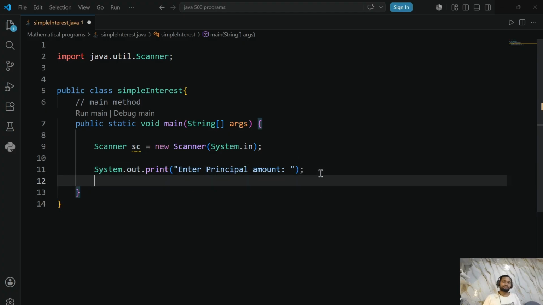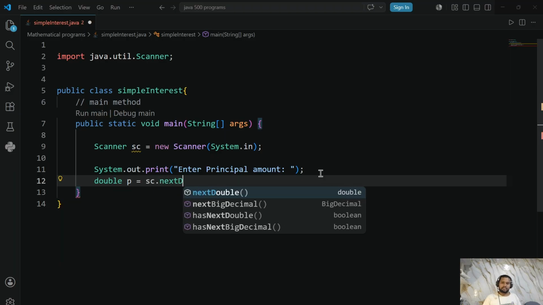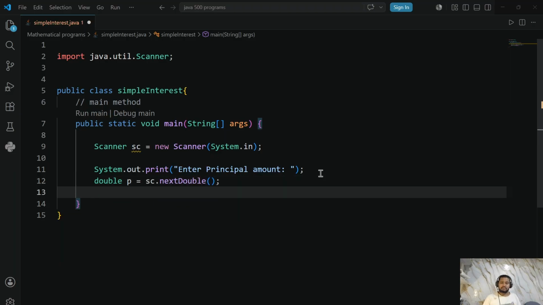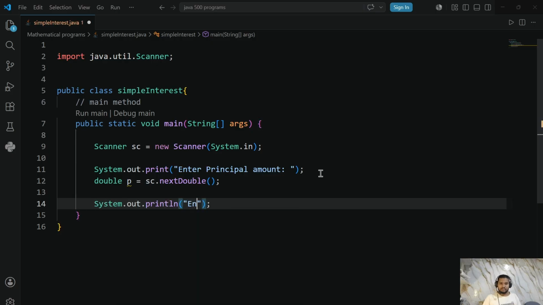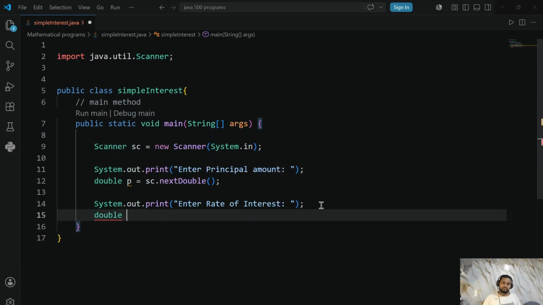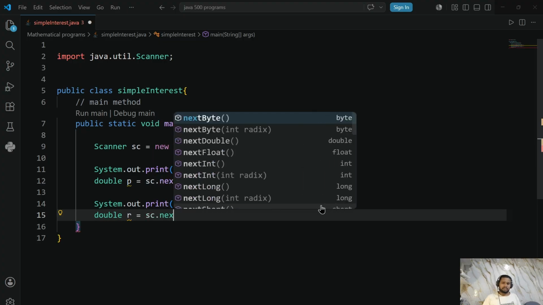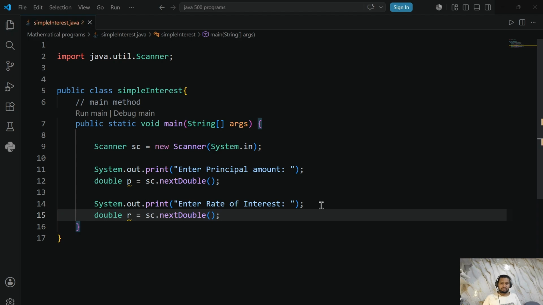After that, it will be a double type, p equal to sc.nextDouble(); then System.out.println("Enter rate of interest"), and double r equal to sc.nextDouble();